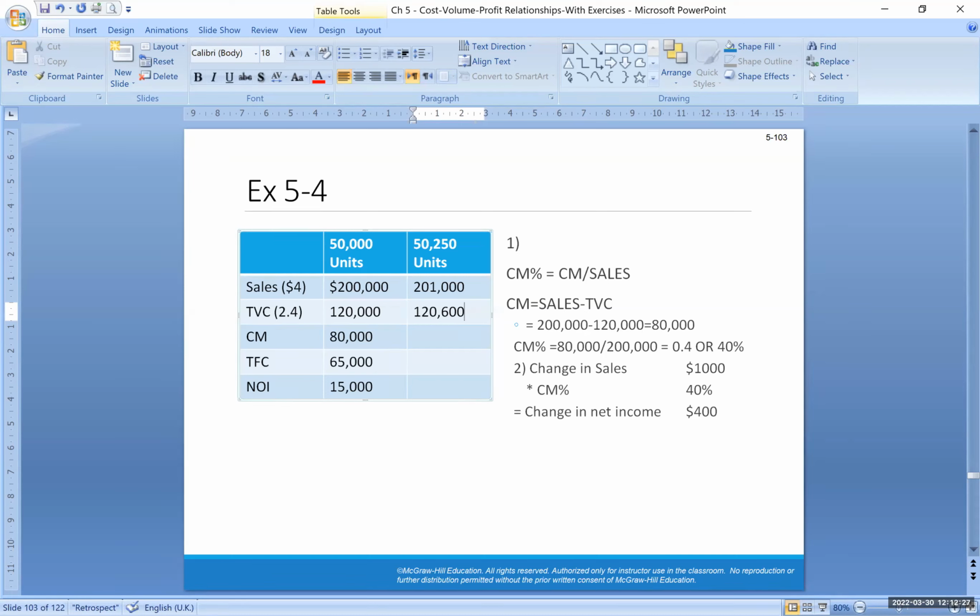80,600. No, 80,400. Okay. No change for the fixed cost, so it will be 65,000. And then the net operating income will be 15,400. Look at here, the change